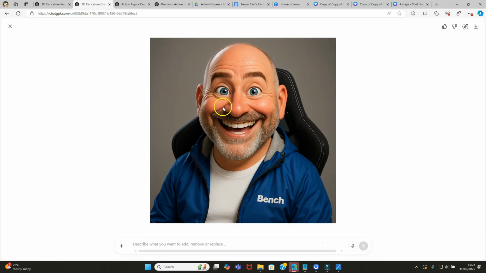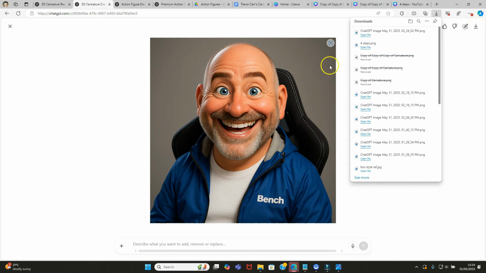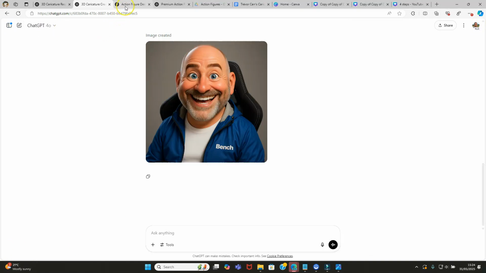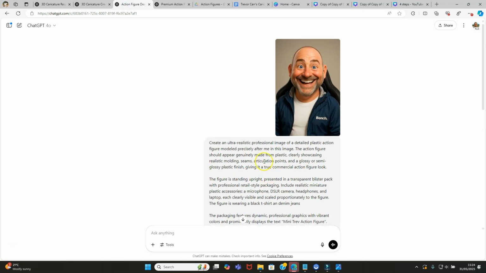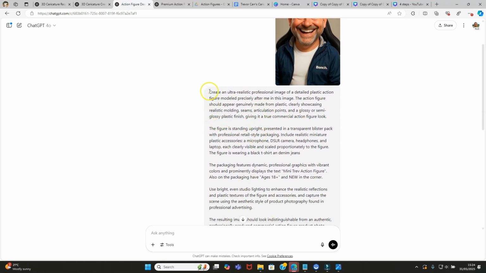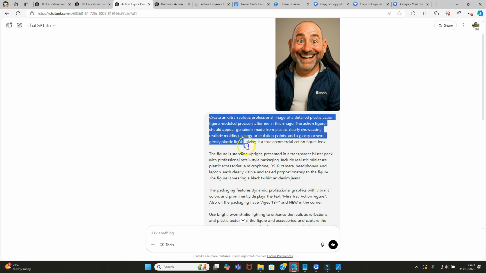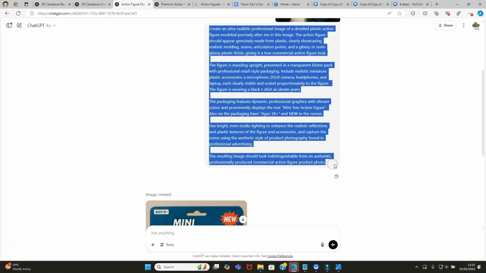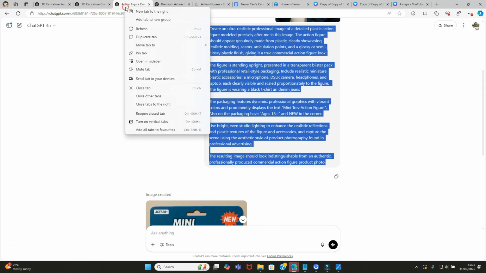So I'm just going to click on this image, and then I'm going to go to the download over here where it says save, and I'm going to save that. And then what I'm going to do is open up a new chat, and we're going to use this. Right, so let's take this. This is the action figure prompt. All right, so we're going to take all of that and Control-C to copy it to our clipboard, and then